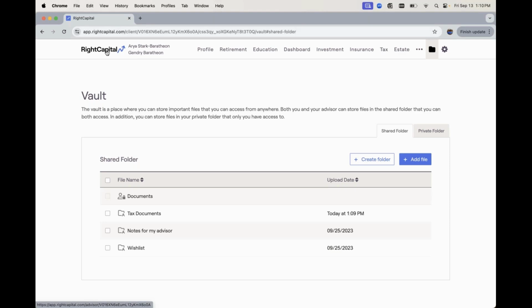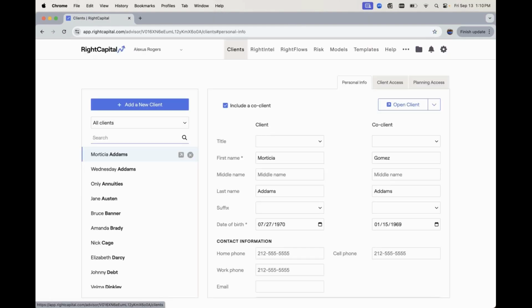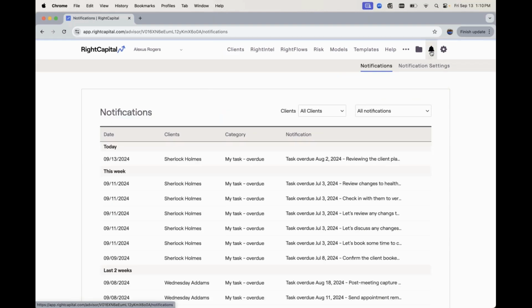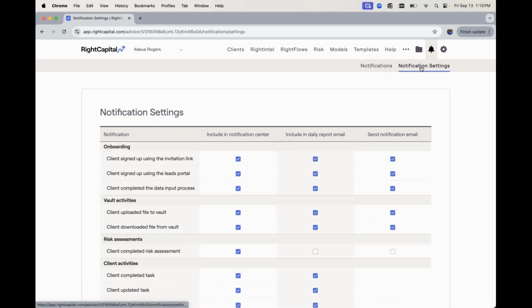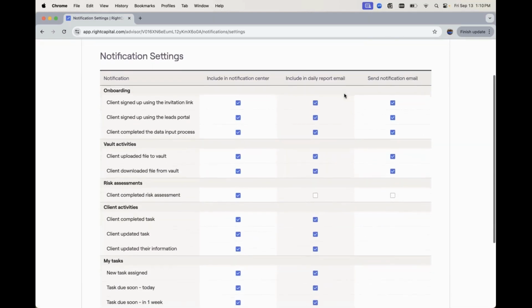If we're looking to see, because I already see this as a question, if we're looking to see and get notifications regarding client activity, but very specifically client activity in the vault, we can actually access this by going to our advisor portal and going into the notification center via the bell icon. So in the bell icon, we can change our notification selections by going to notification settings. From here,